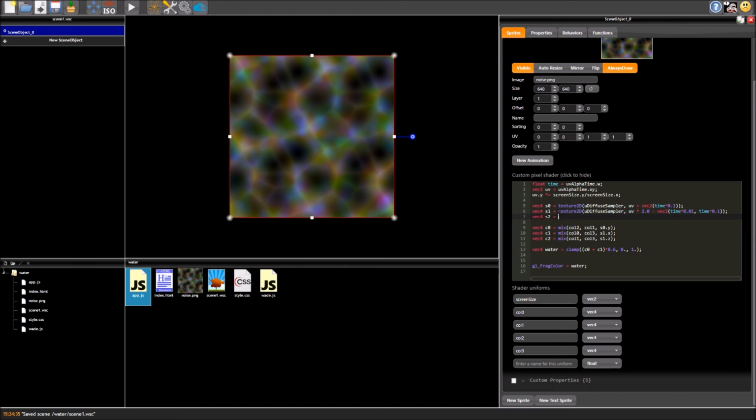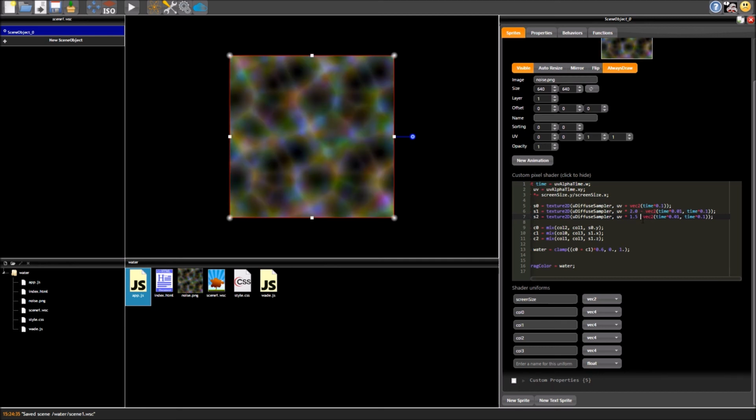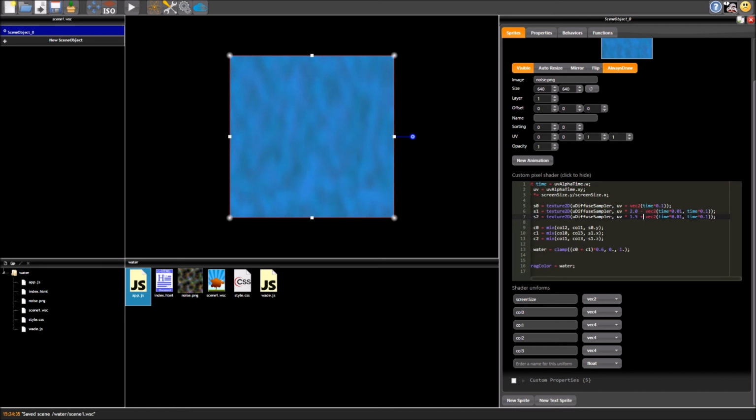So let's copy and paste, make it a bit quicker. So if we base it on this one, but let's multiply by 1.5 just to make it different. And we're going to add the vector this time. And we'll make this time negative, so times by a negative number. I just want a more complex motion going on. We'll try 1. So we'll add that C2 back in, and we'll set it to use S2 as our sample.